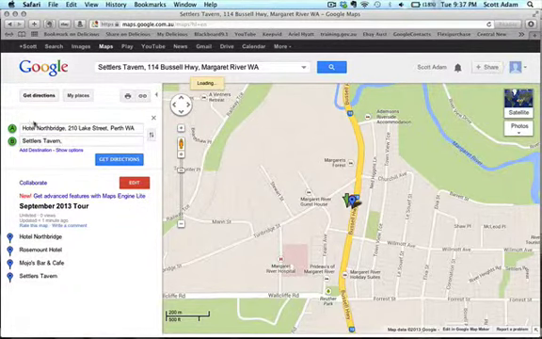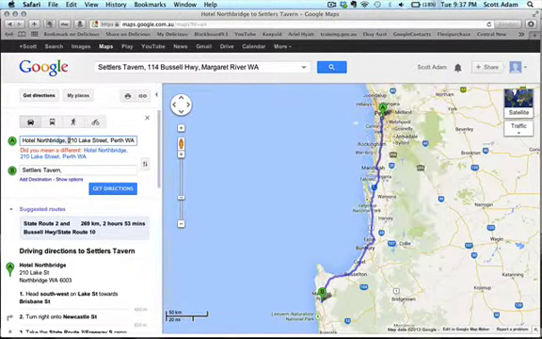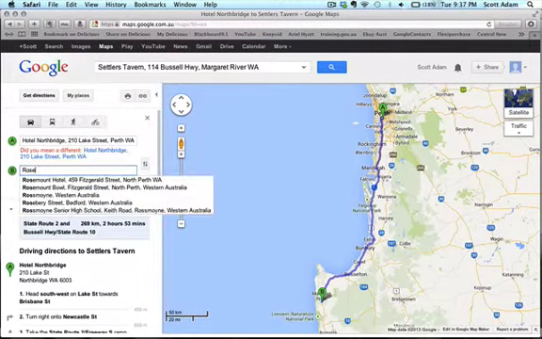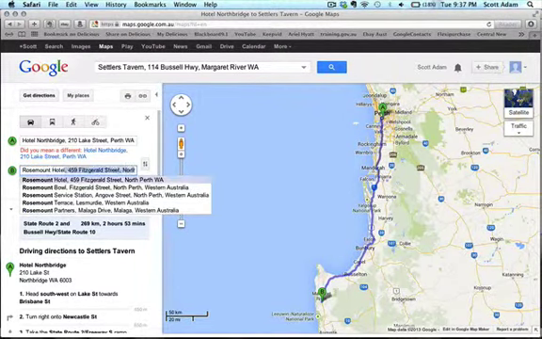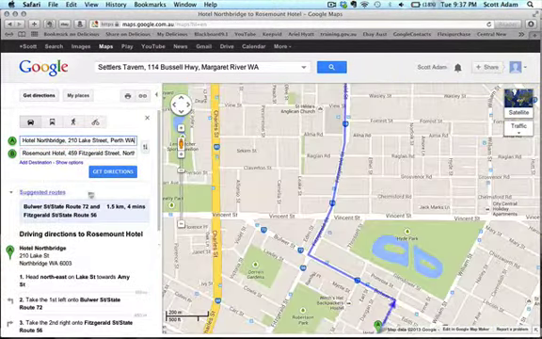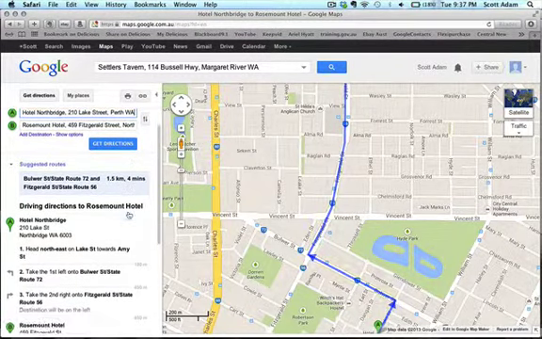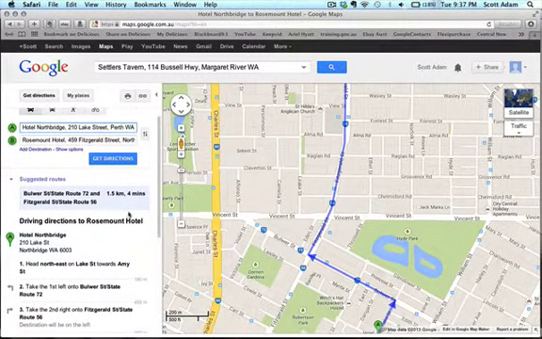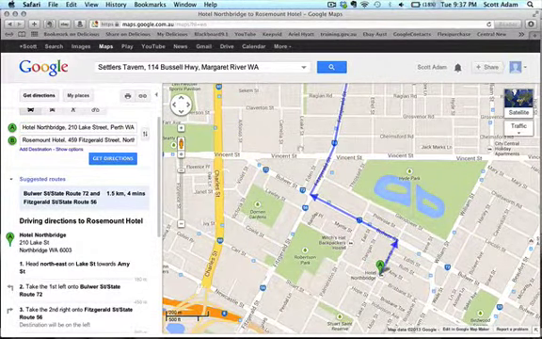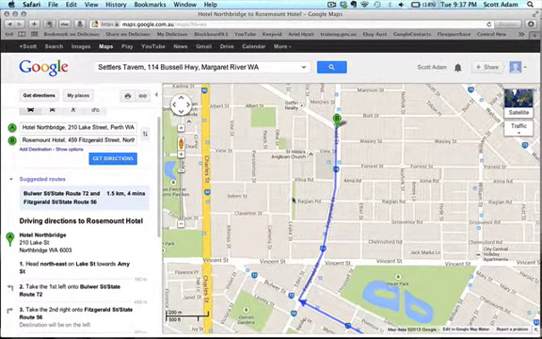That's what we want, and we don't want Settlers Tavern. Let's get out of there for a second. So Hotel Northbridge, and we want the Rosemount Hotel. There it is, done. Brilliant. Okay, there is our directions for going from the Hotel Northbridge all the way to the Rosemount Hotel, which isn't